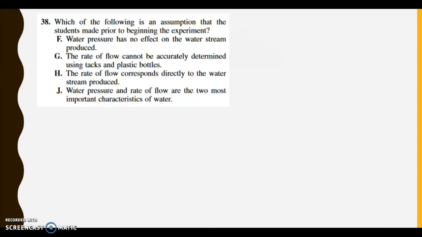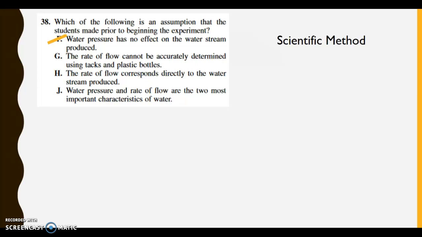Question 38. Which of the following is an assumption that the students made prior to beginning the experiment? This is a scientific method question. In order for us to answer this question, we're actually going to walk through each one of the answer choices. So, answer choice F. Water pressure has no effect on the water stream produced. This answer is incorrect. If they made the assumption that water pressure and water stream were not correlated, they wouldn't